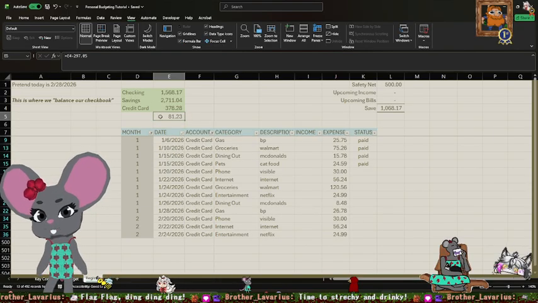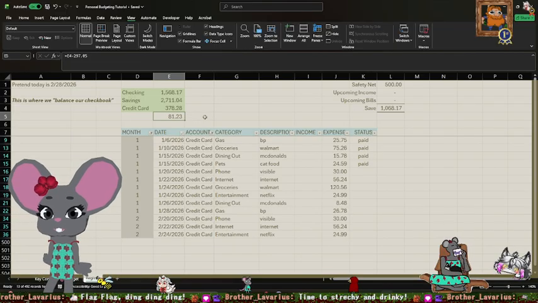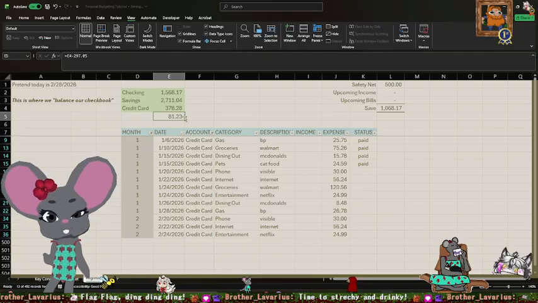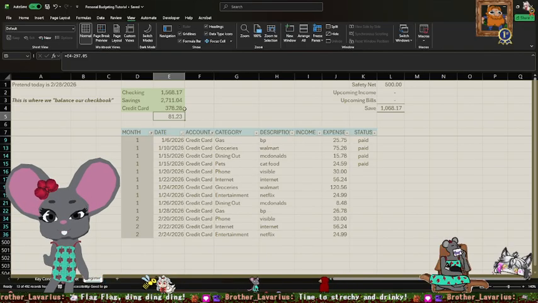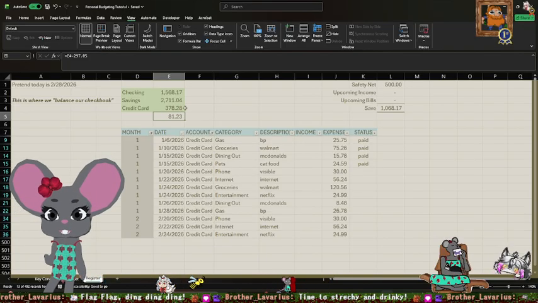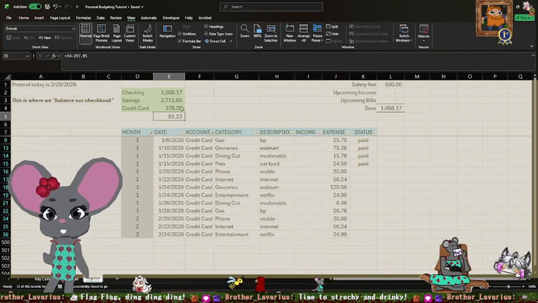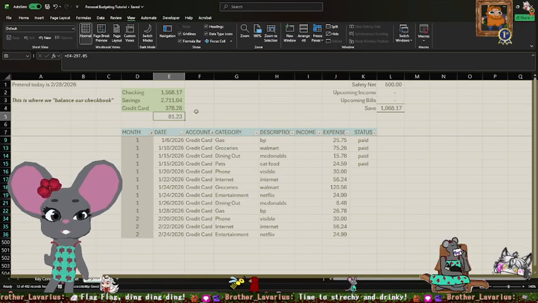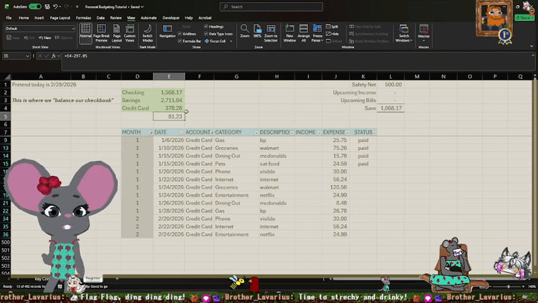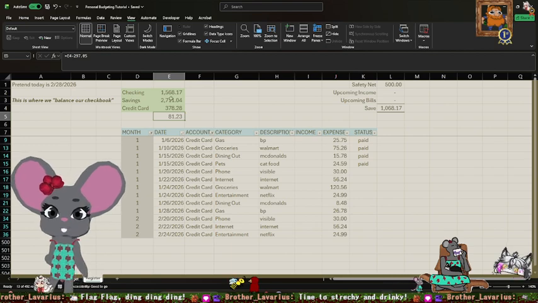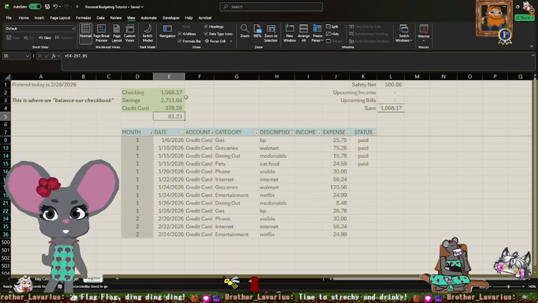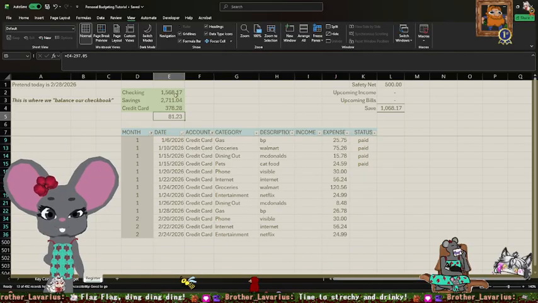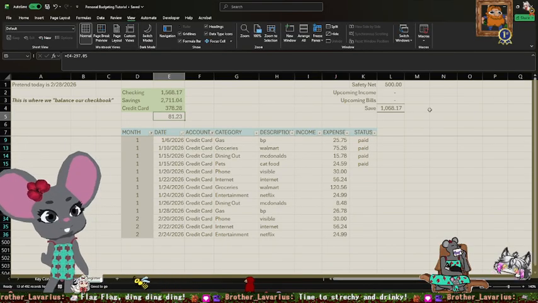And we can start keeping track of how many transactions are going toward our next statement. So that just helps you keep an eye on how many transactions you're racking up on your credit card, and be able to keep track that you'll be able to afford those monthly statement balances.